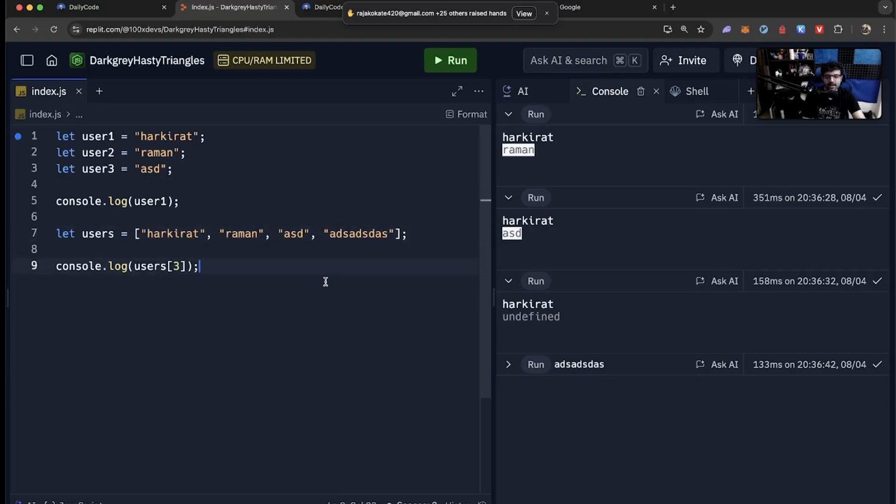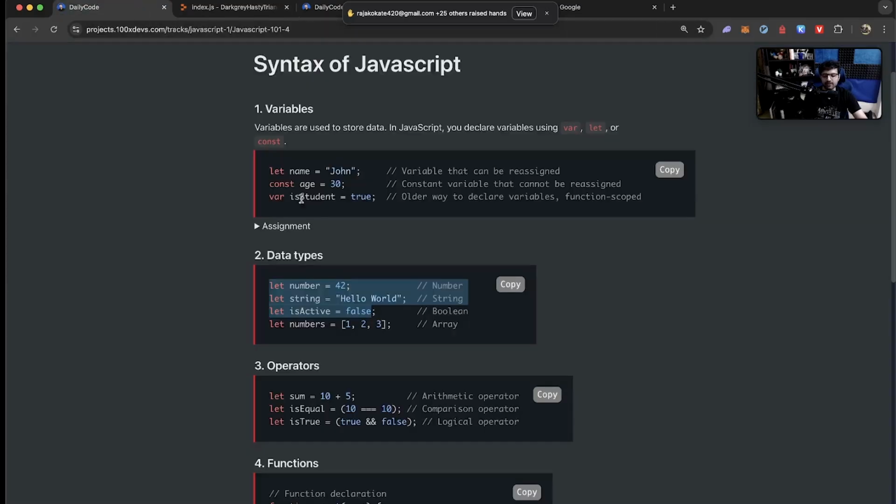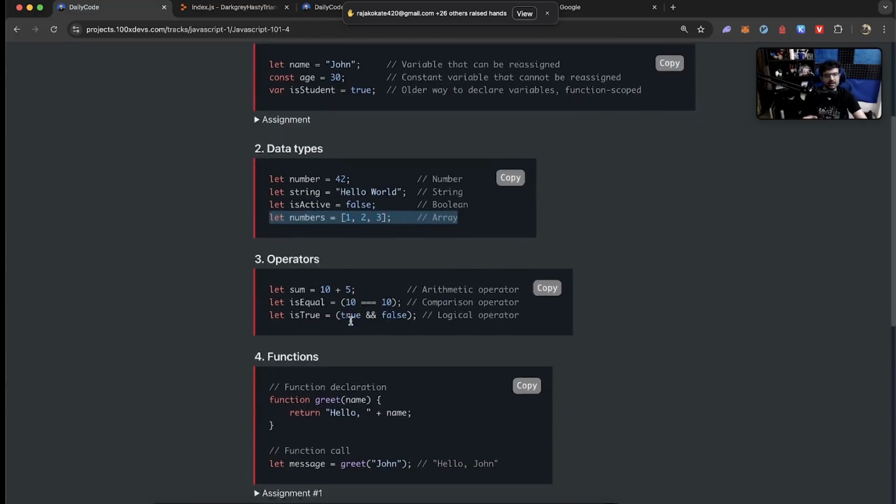So arrays let you store everything in a single variable compared to writing them separately in multiple variables. We will be discussing this in more depth in the next slide, where we cover arrays and objects. For now, if you just understand these 3, that is also fine. If you understood arrays a little bit, even better.